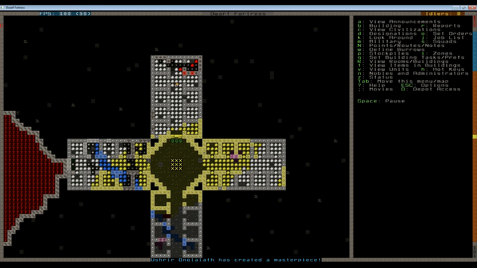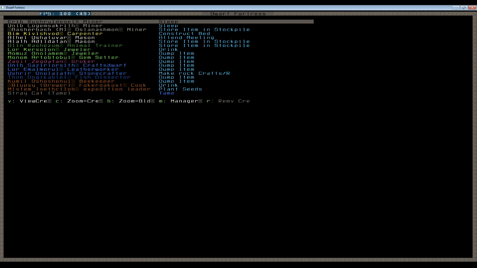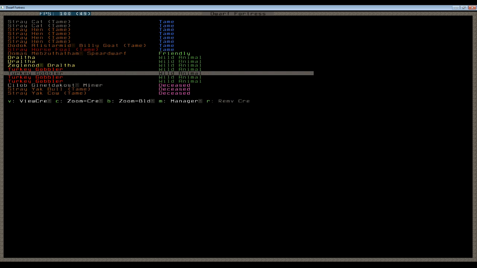I think my next option for him is to make... Well, I just used up all my wood, didn't I? Shit. I could go try to cut some. What's out here? Everything...